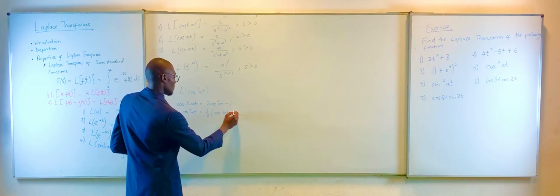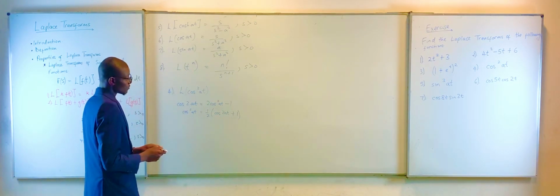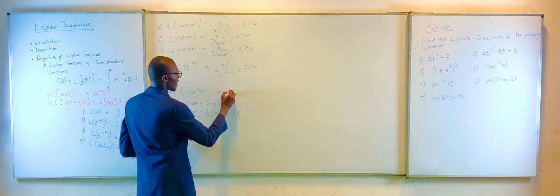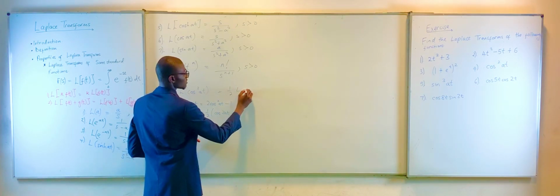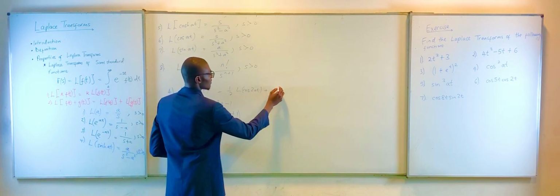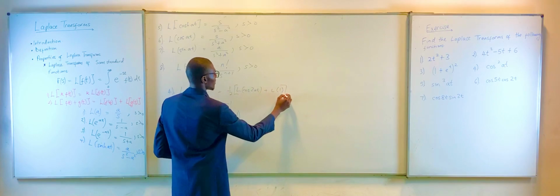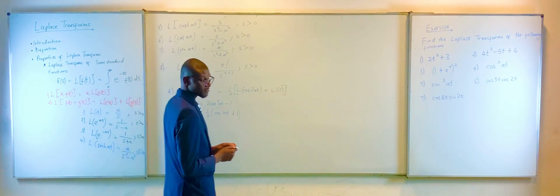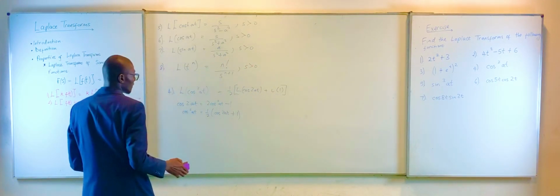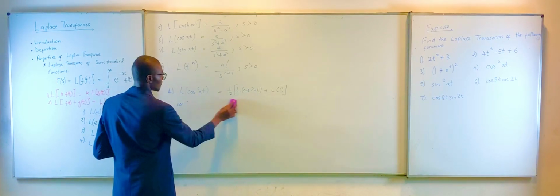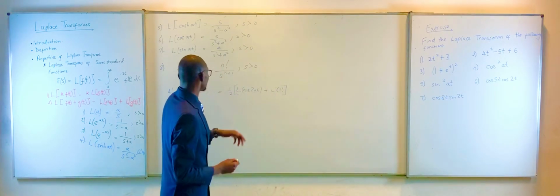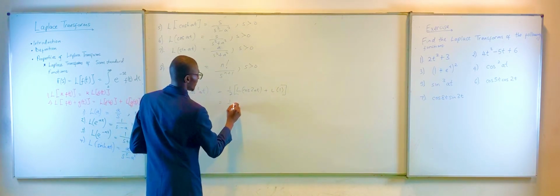Then that will be what? Plus 1, like this. So in other words, the Laplace transform of cos squared at would be half Laplace transform of cos 2at, plus the Laplace of 1. Then we can put that in brackets. Okay. Then for further simplification, we can now say that, so allow me to use this part here. So we can now say that Laplace, half multiplied by,